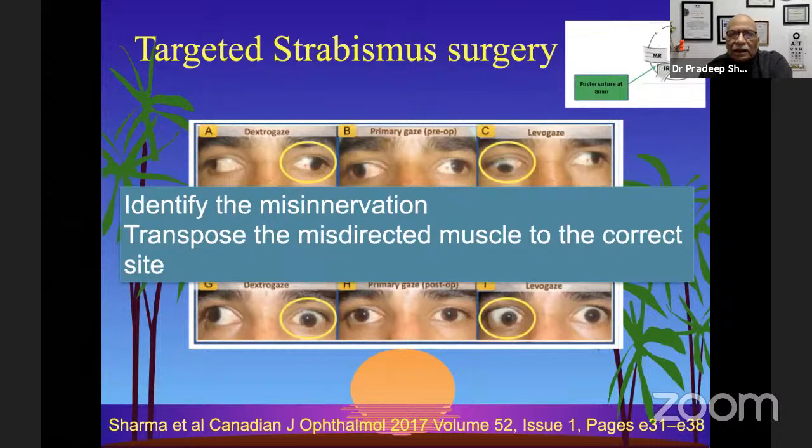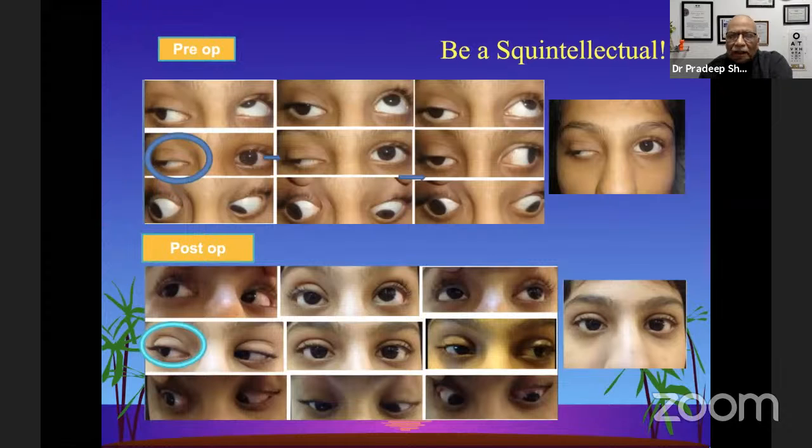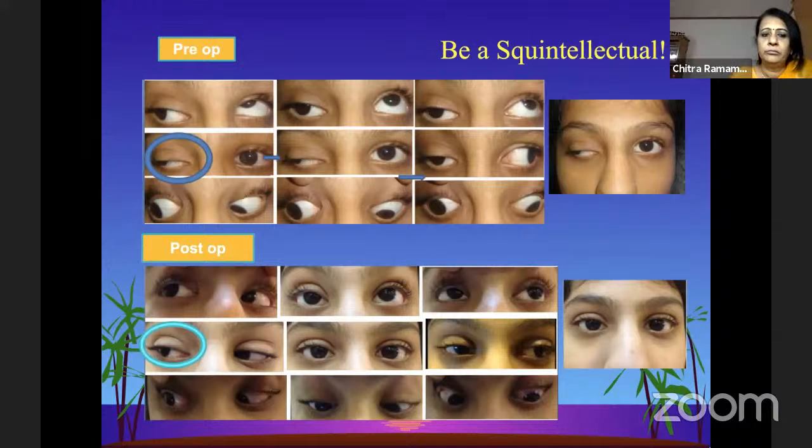And what we say is a targeted strabismus surgery. Identify the misinnervation, transpose the misdirected muscle to the correct site, and get the best out of the possibilities that can be there. So I would like to end my talk here. We just need to be a squint intellectual. We have to see what is there on the plate and how we can give the best to the patient